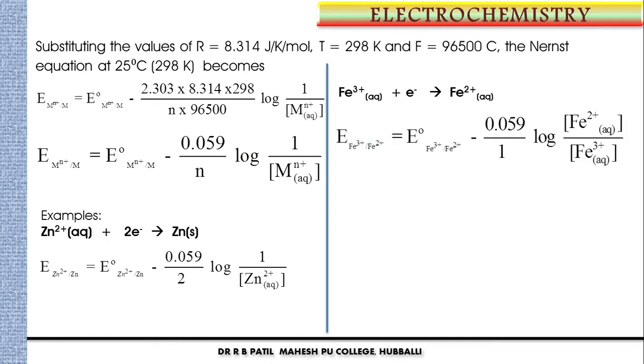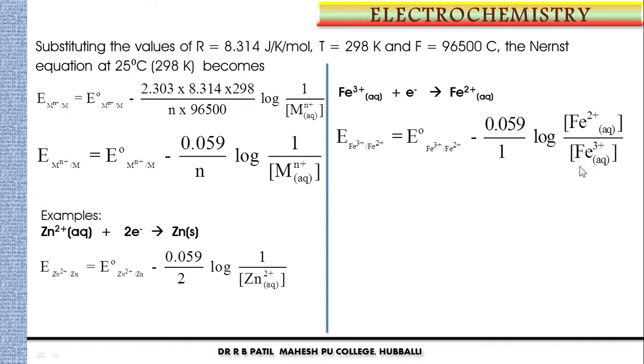So that is equal to E naught of ferric ion minus 0.0591 divided by n. n is equal to what, students? It is equal to 1 here, 1 electron gained. Log. See here, this is not a solid. Okay, so it is not a solid, hence we have to take that one in our equation: molar concentration of product ion divided by molar concentration of reactant ion.